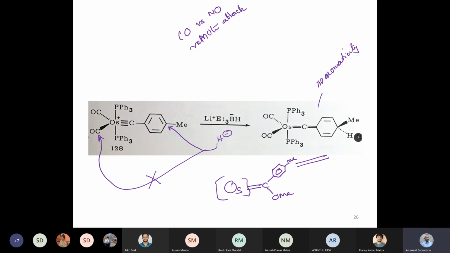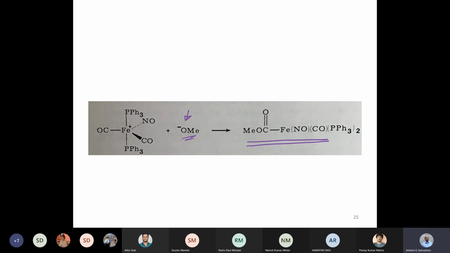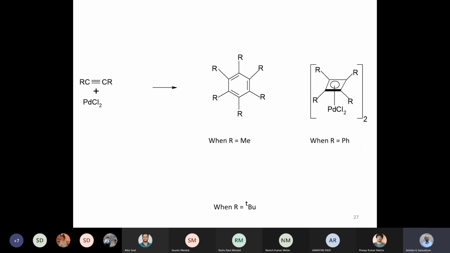Sorry, this is H. This is H, yeah. This is the product that I would have predicted. Okay. But there are strange systems where this is not the product that I am observing. So complications are there in insertion reactions. Okay. So this ends my talk about simple insertion reactions.